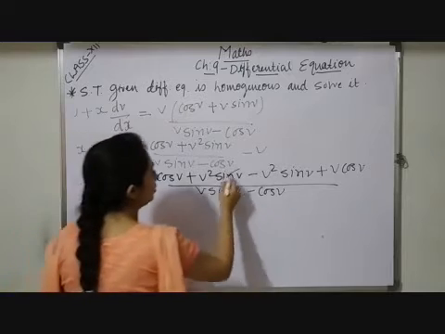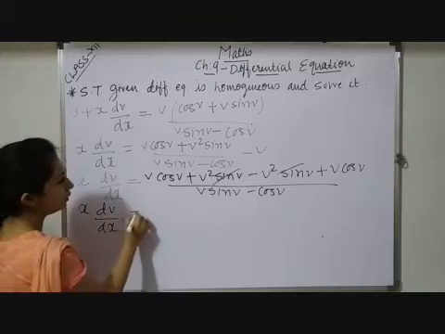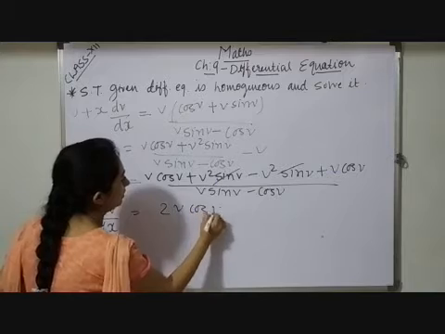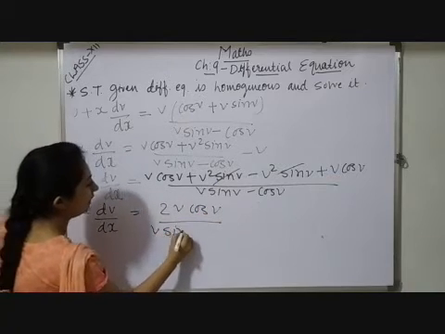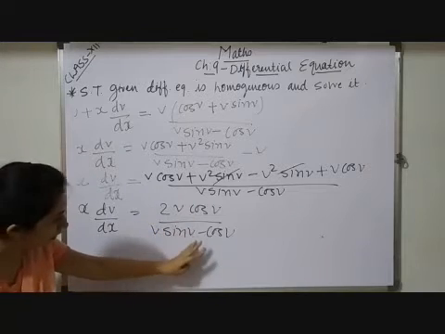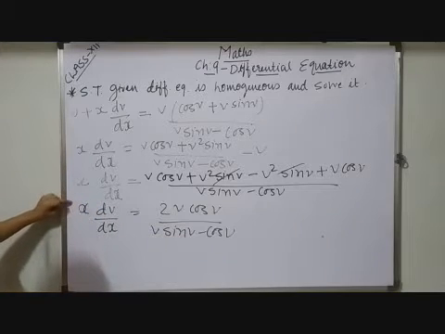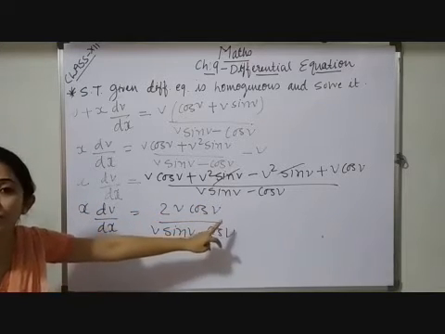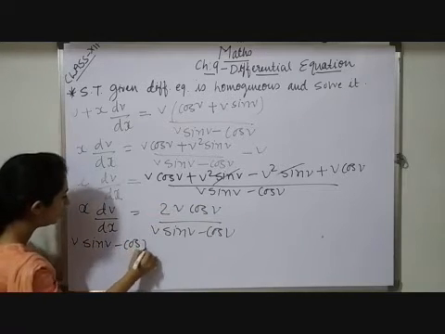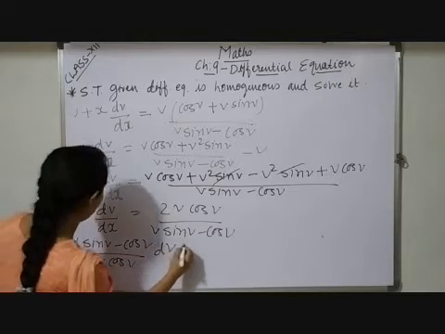Now you may observe these both terms are going to be cancelled. So you will get x dv by dx equals v cos v, here you will get 2v cos v, upon v sin v minus cos v. Now you may observe this whole RHS is converted in terms of v. Now shift this value to LHS and the x quantity I will shift to RHS. So here I'll get v sin v minus cos v upon 2v cos v dv,